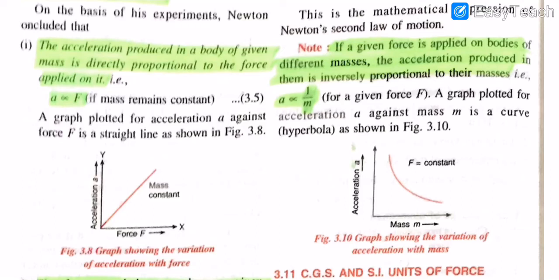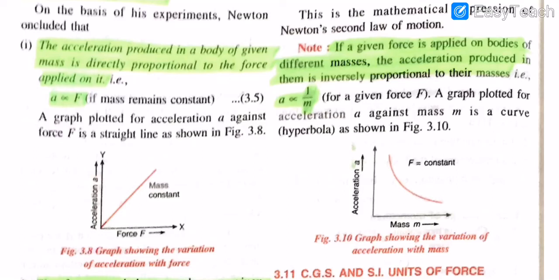Experimentally, Newton found that force is directly proportional to the acceleration produced. And on the next page, you can mark: larger force for larger bodies. So the force needed to produce the same acceleration in different bodies is proportional to their masses. Okay? Moving on from here,